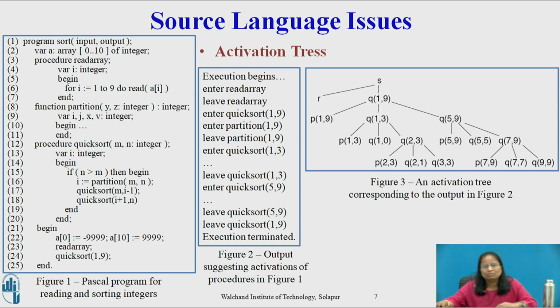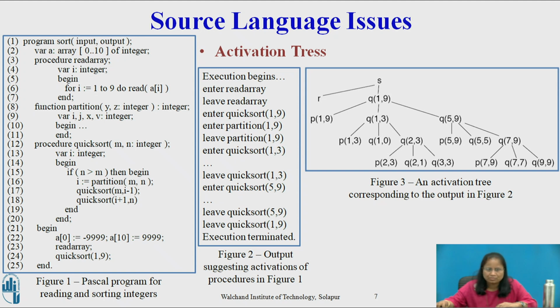Figure 1 is the Pascal program for reading and sorting integers, while figure 2 represents output suggesting activation of procedures in figure 1. An activation tree in figure 3 is constructed from the output in figure 2. The root of the activation tree is for the entire program sort. During the execution of the entire program sort, there is an activation of procedure read array represented by the first child of the root with the label R. The next activation represented by the second child of the root is for the procedure quicksort with the actual parameters